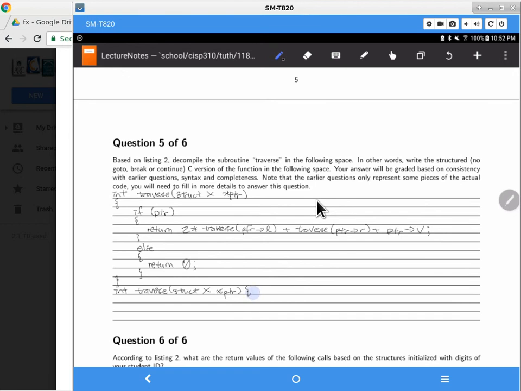Okay, so I'm putting everything on the same line. It is return PTR question mark, and then we have 2 times which are PTR left,